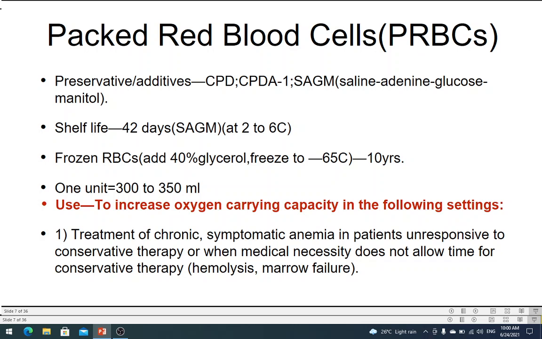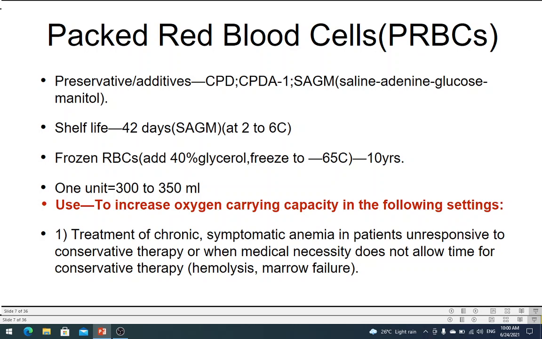Regarding the indications, unlike whole blood, which increases the volume, the coagulation factors and the oxygen carrying capacity, packed blood cells only increase the oxygen carrying capacity, and that is usually what is necessary in most patients. So we can use it for treating chronic